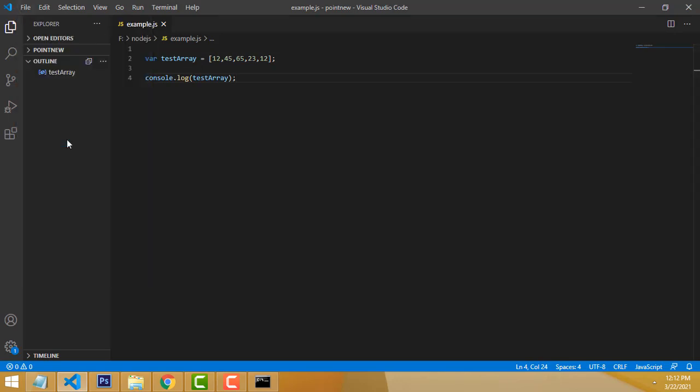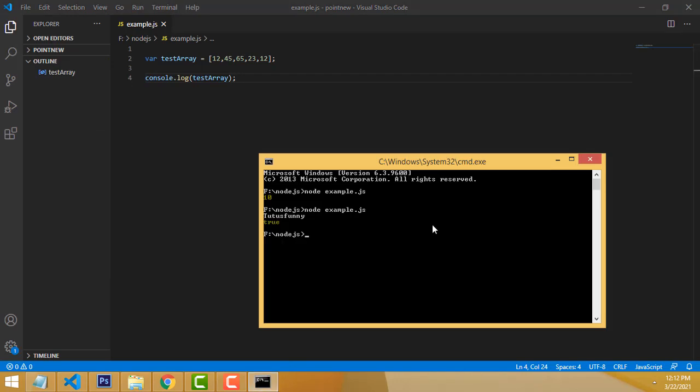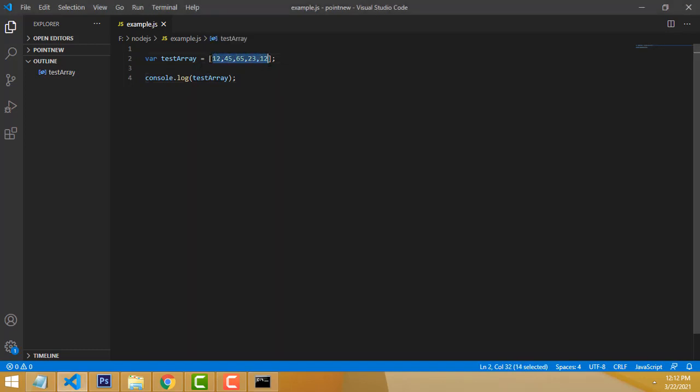Imagine how the result will be. Right now, let's go and run it on the console. Run example.js, press the enter key. Now, what is the value all there? It will be printed. It is called a non-primitive data type, right? Integer, boolean value, and string, all are primitive data, right?